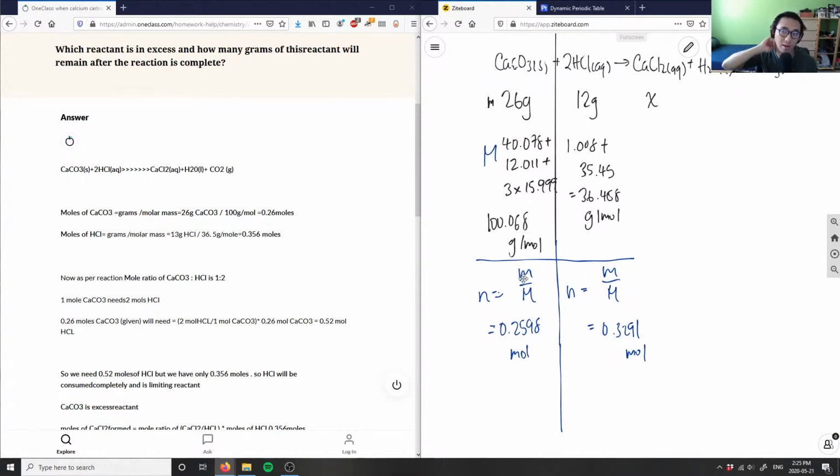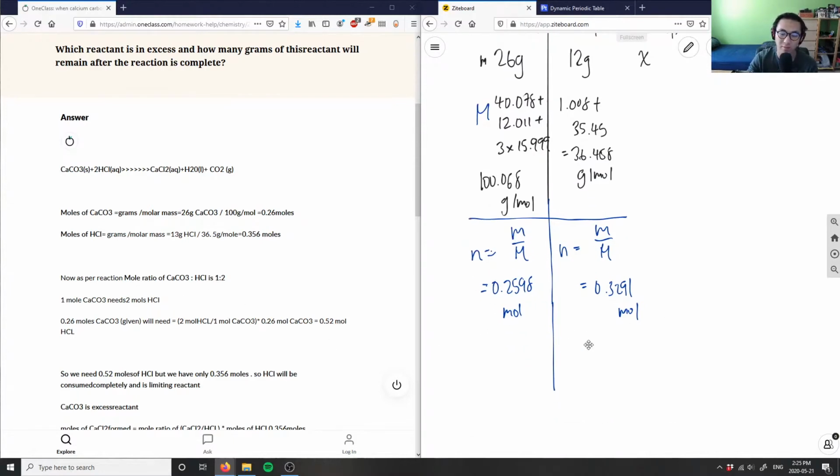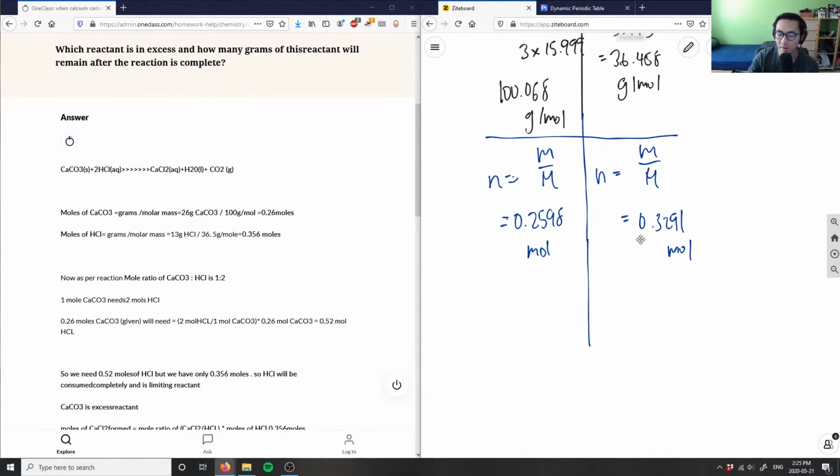So if I want to do that, in this case, what they're doing is multiplying this by 2, which is fine, or I can divide this by 2. So in this case, I can just follow their strategy here and multiply this by 2. So we get 2n here, which is going to equal, and we already know that this here equals 2n, right? Because the coefficient is already 2 here, I simply have to write 0.2598 multiplied by 2, which is going to be 0.520